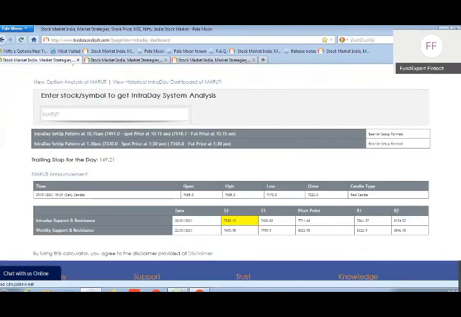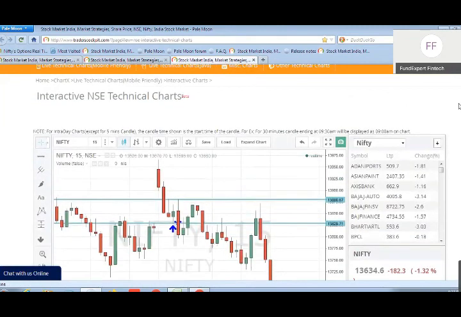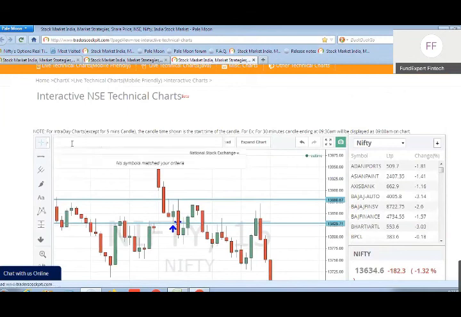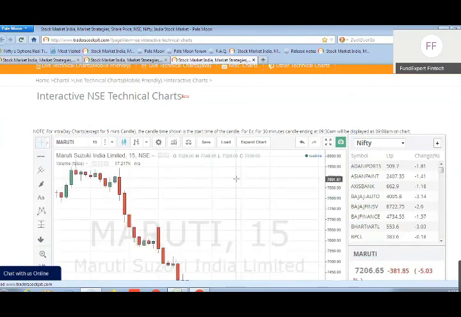On Maruti at 10:15 the price was at 7491. It was showing a bearish setup formation there. So one can easily come to the charts now. 7491 is the price point. Stop loss only shows here, but one can come to the chart for confirmation. This all will take hardly 2-3 minutes for all this analysis, but if it clicks, then you can surely get some good trades.